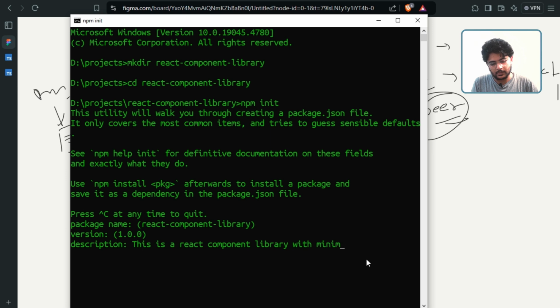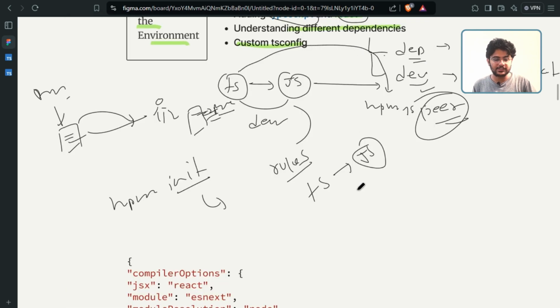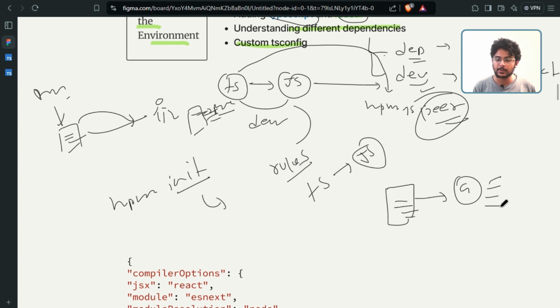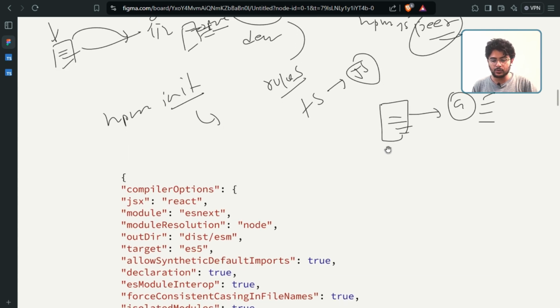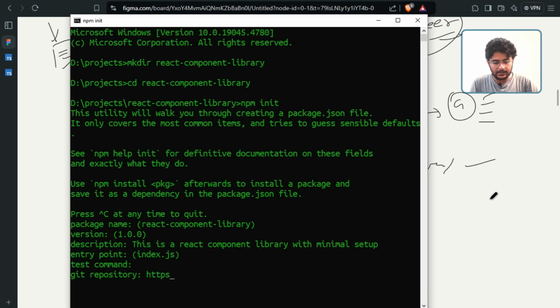with minimal setup. And obviously right now we are not going to use any command, and we can obviously add the git repository where it will be hosted. For example, if we created a package which is solving some sort of problem, what we would like to do is to add that repository so that other people can contribute to that. Obviously the URL would be like this. First we have this GitHub domain name followed by username followed by the name of the repository. Okay, so let's add that link,